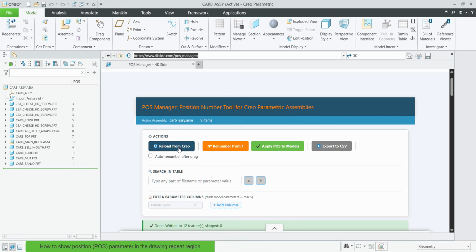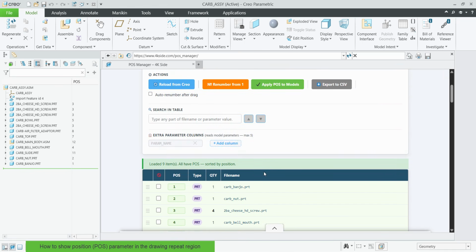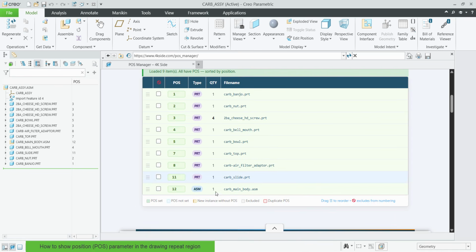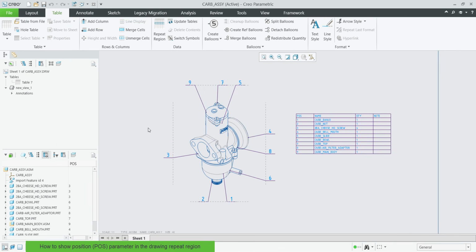If you reload data from the Creo, the page will be reloaded. You can see here that position 11, 12 are here. And again, as before, you can use the auto renumber and then move the position and it will be renumbered. Apply position, update, everything is updated. And if you open again the drawing, the positions are updated. In this video tutorial, you have learned how it is possible to reuse position parameter POS